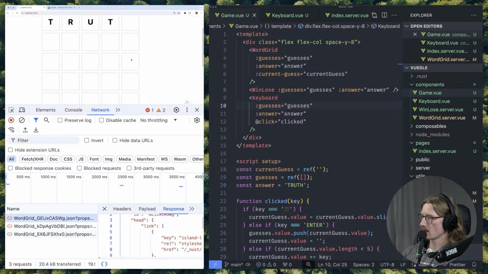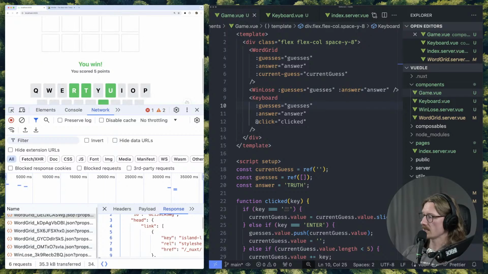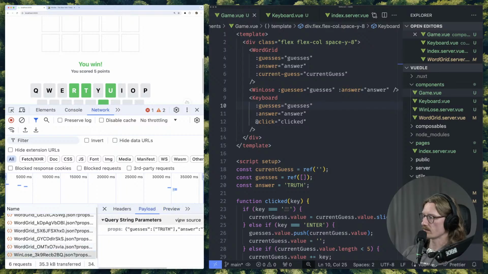That's interesting. Oh, because we don't have current guess. So every guess, right. So if I do truth and I hit enter, then we get back win-lose. But every single time it's going to be